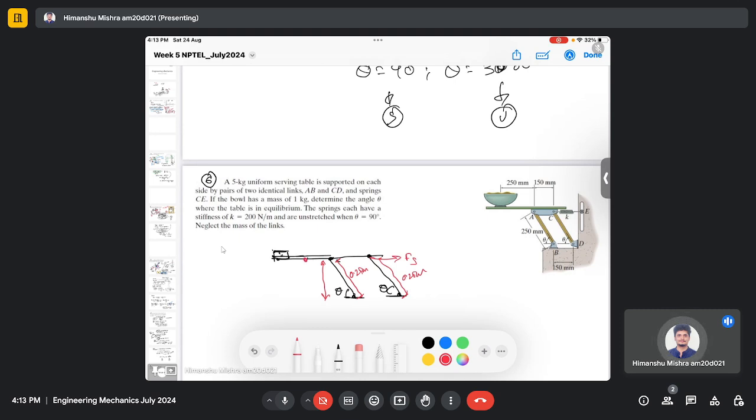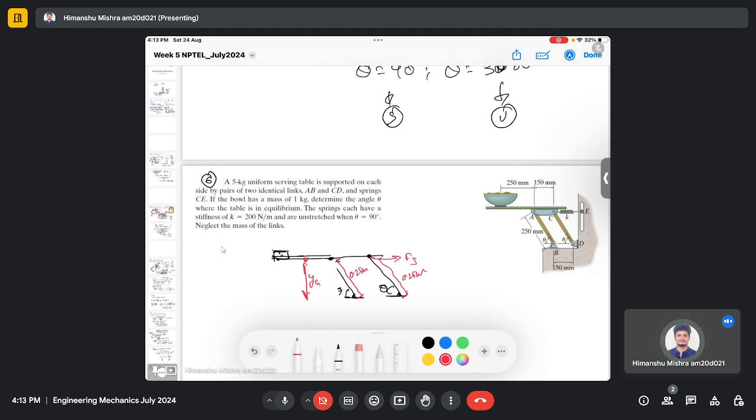in the question we are given that a 5 kg uniform serving table is supported on each side by pairs of two identical links AB and CD and spring CE. If the bowl has a mass of 1 kg, determine the angle theta where the table is in equilibrium. We are given the stiffness 200 Newton per meter, and the spring is unstretched when theta equals 90. So we are given the mass of the table and the distance,